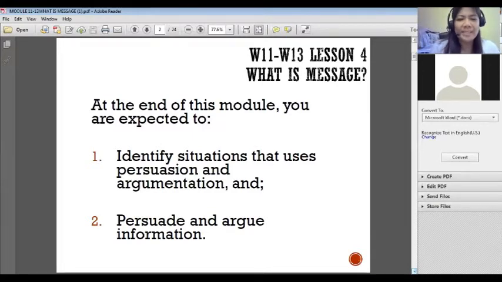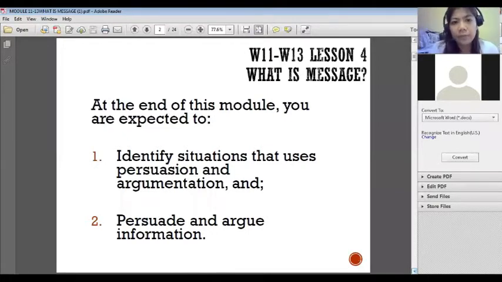With argumentation, your main goal and your main purpose is to persuade individuals. You are there to convince these individuals. You are there to make them believe in you. Persuasion, for this one, we could have it in a real-life setting, in a real-life scenario, like the upcoming election. With the upcoming election, politicians and public servants would really persuade you to vote for them.